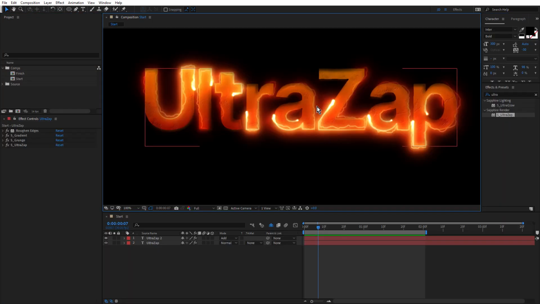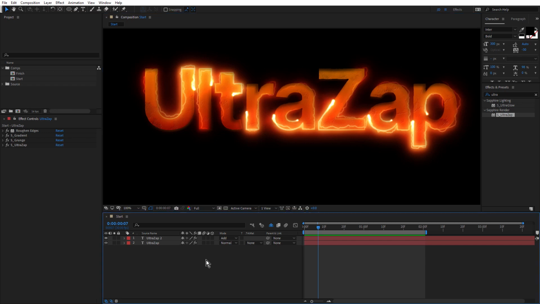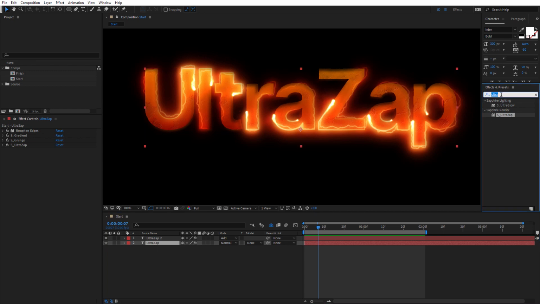Next, we're going to add a few particles, and I'm going to do that using bokeh lights. We're going to apply that to the Ultra Zap layer. Come over to Effects and Presets and choose Bokeh, Sapphire Bokeh Lights.